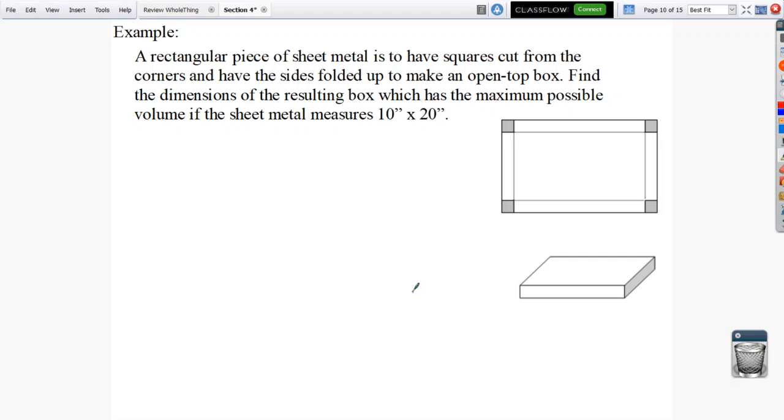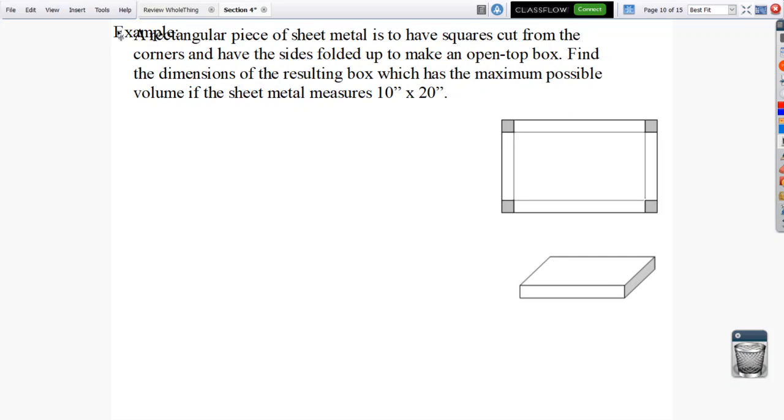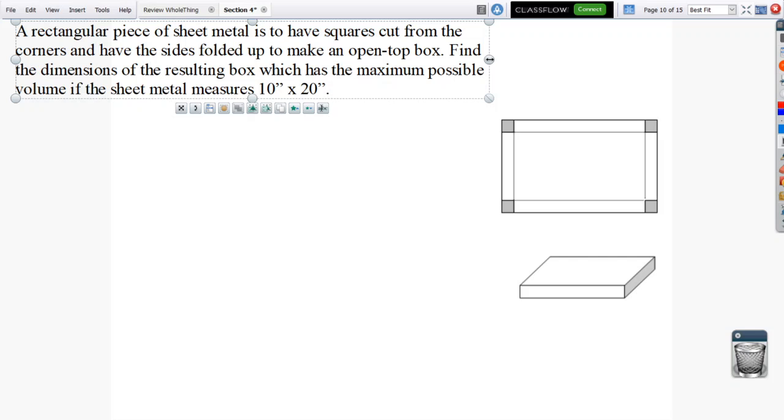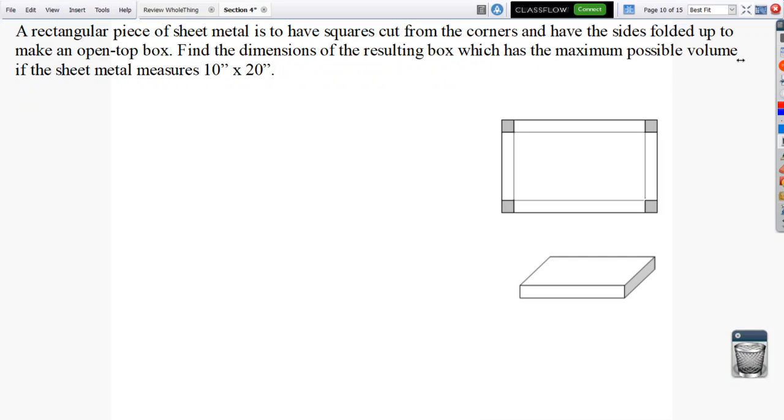All right, so I've run into difficulties from people in doing this type of problem before. So I'm trying to make a representation on a piece of cardstock here to show you exactly how this box is going to work. But let's read it first and see if we can understand it. A rectangular piece of sheet metal is to have squares cut from the corners and have the sides folded up to make an open top box. Find the dimensions of the resulting box, which has the maximum possible volume if the sheet metal measures 10 inches